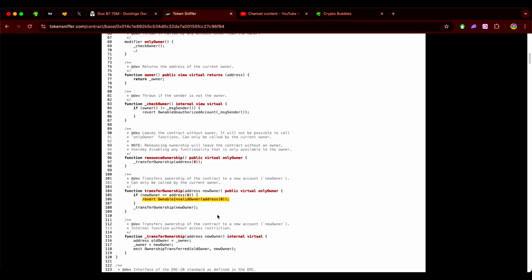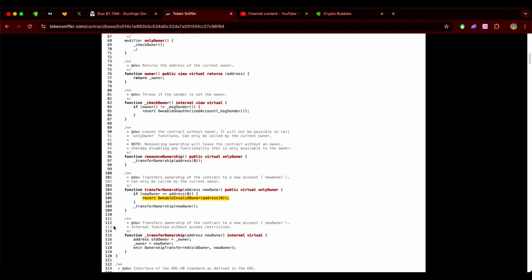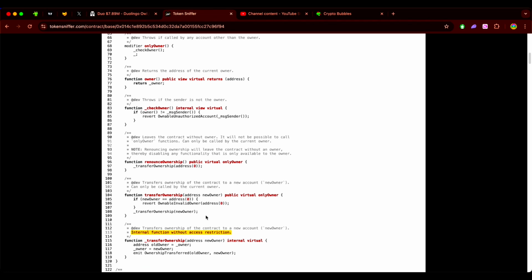So this is where we are going, at page 112. It might not be 112 on other projects, but you actually see it. See, it says dev at dev, right? It says transfer ownership of the contract to a new account. You see new owner, right? Next thing it says is internal function without access restriction, right? So this basically deals with moving the coin from one wallet to another without any access restriction,